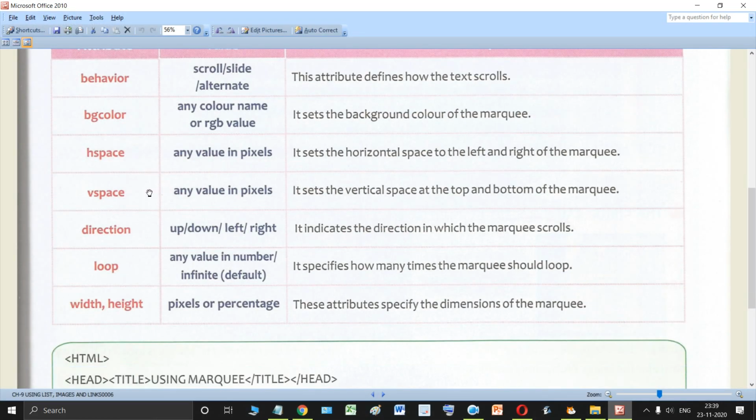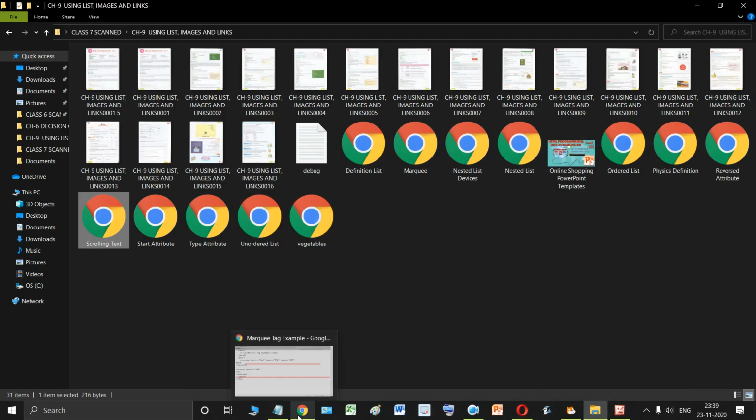Let's go to the next attribute, which is the direction attribute. This is a very interesting attribute of the marquee tag. It indicates the direction in which the marquee scrolls. If you have noticed, the text is scrolling from the right and moving towards the left, always starting from right and moving towards the left.